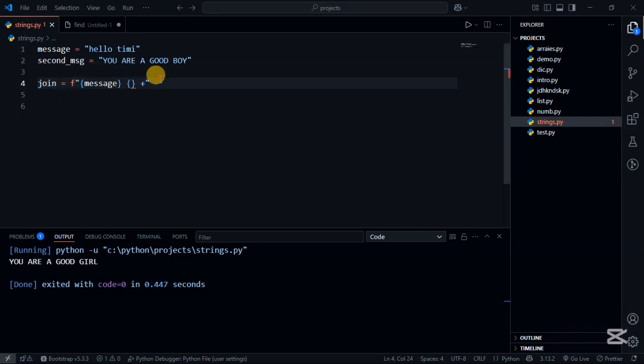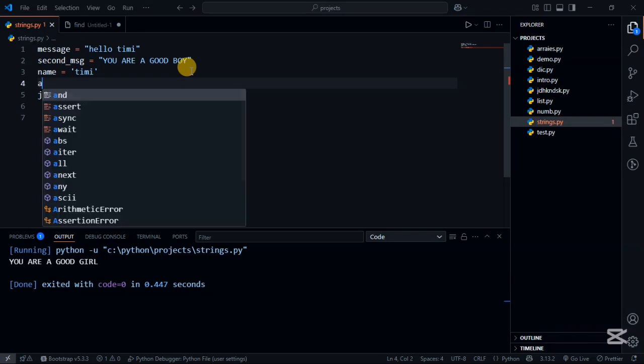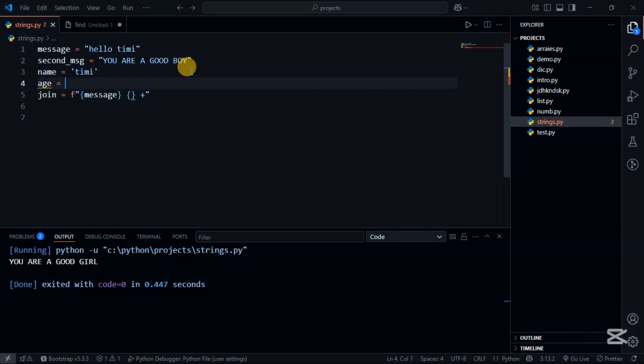Okay, let me use another example. Let me name another variable down here. Name equals Timmy in a string. I'm using single quotes here just to show you that it doesn't matter whether I use double quotes or single quotes. And age equals 90. So now I have the name and the age of this person, and I want to put this in a